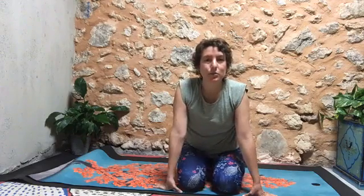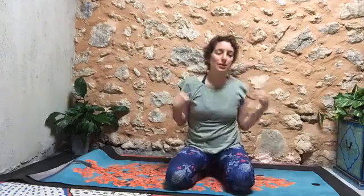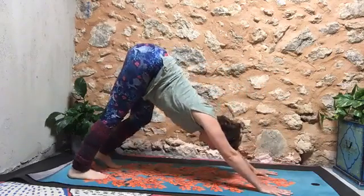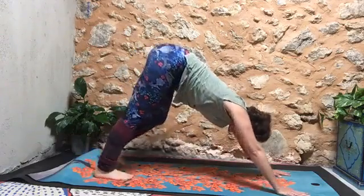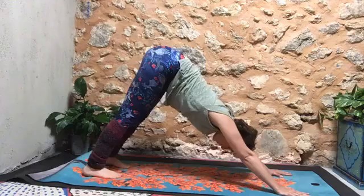And now again, use the down dog to move and stretch as you need. So play moving the weight forward, backward, bending and stretching your legs. And now